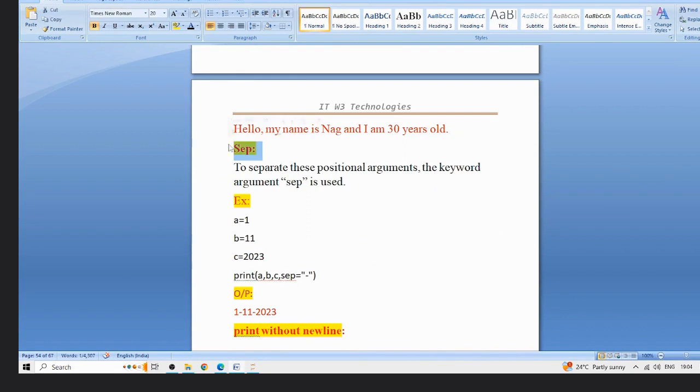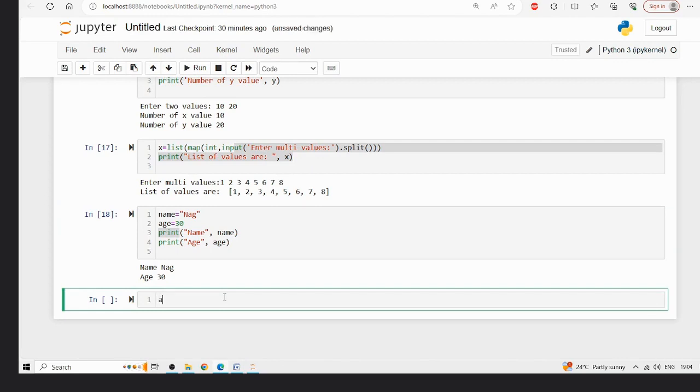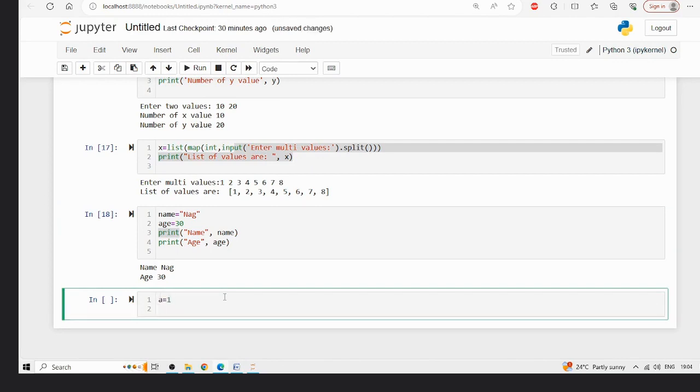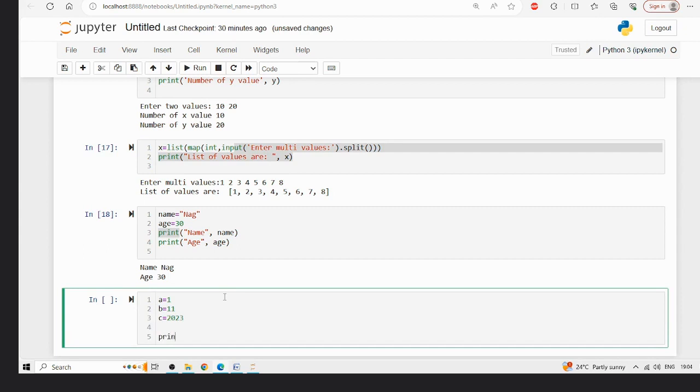SEP. SEP separates the position of arguments. Separating means we are separating some data. Here we are giving three values. Those values are A, B, C. We are using a separator value, dash. How will it be printed? I will show you here. I am taking some values. A is equal to 1, B is equal to 11, C is equal to 2023. Okay. Print A comma B comma C